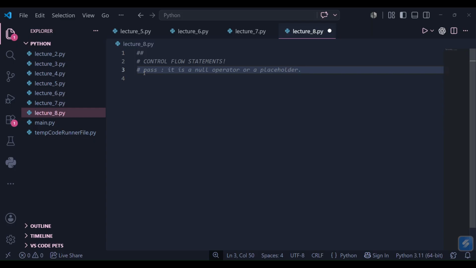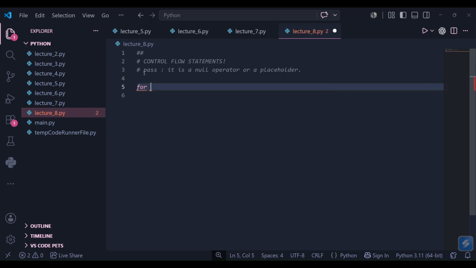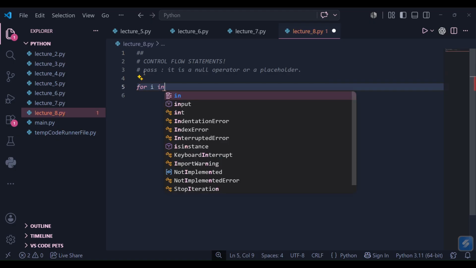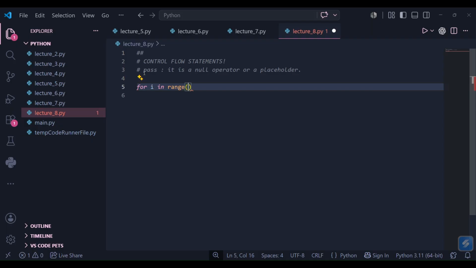Okay, it is used when a statement is syntactically required, but we don't want to execute any code. It does nothing but allows us to maintain the structure of our program, like the same for loop, for i in range